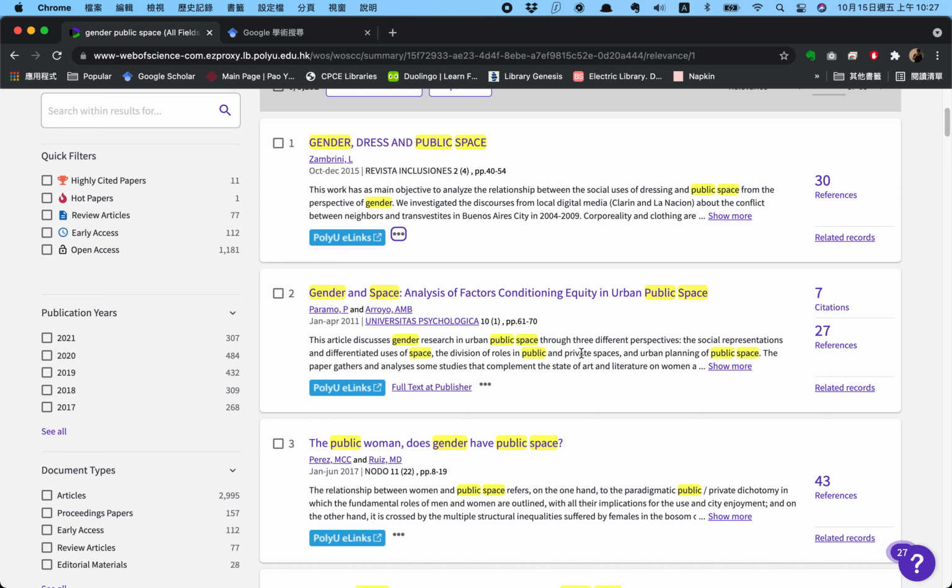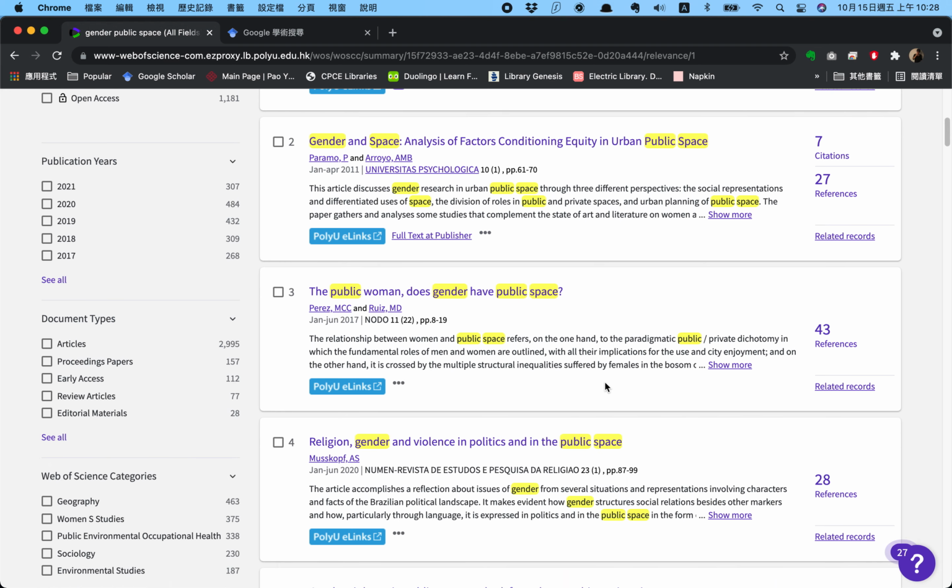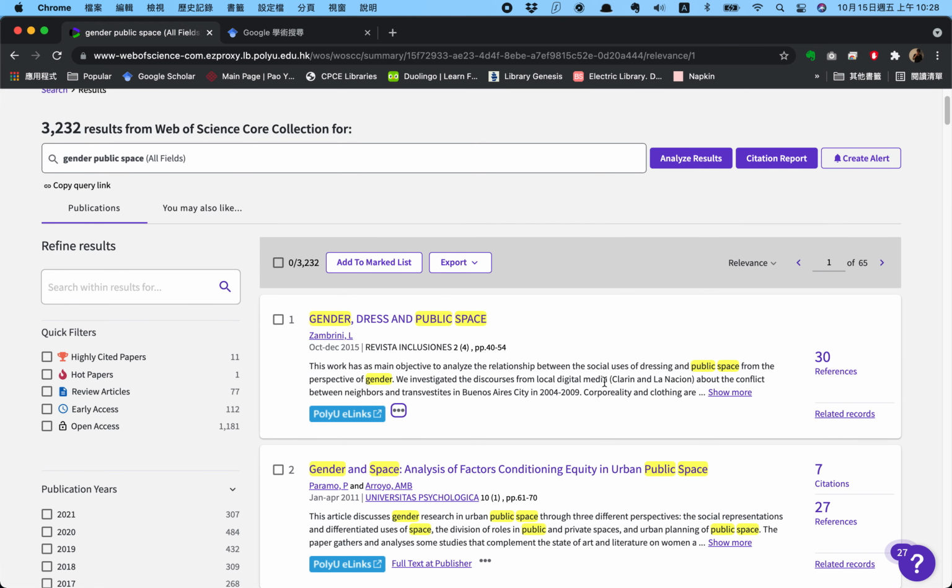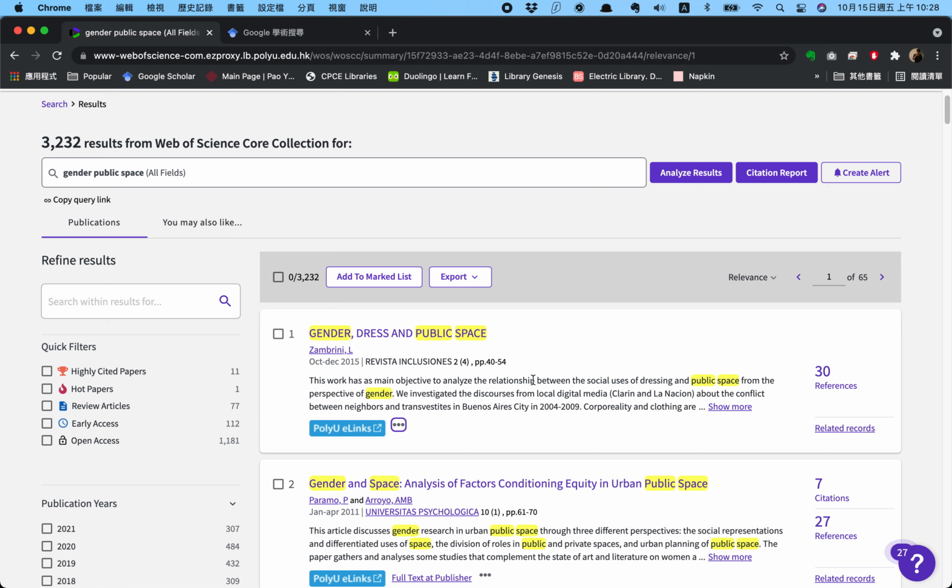So you keep a record of what you have read, rather than going back to look for all the things that you have done like 3 years ago, so I mean 3 weeks ago. Okay, so this would be one of the ways that you can look for the